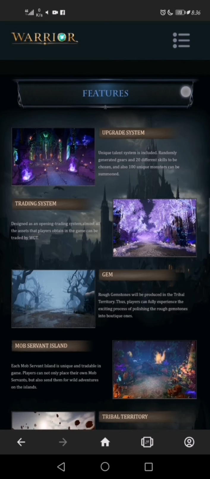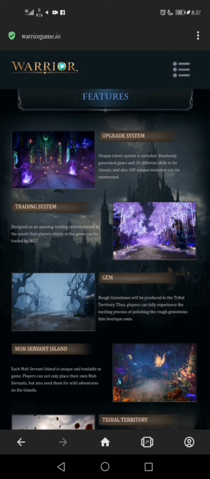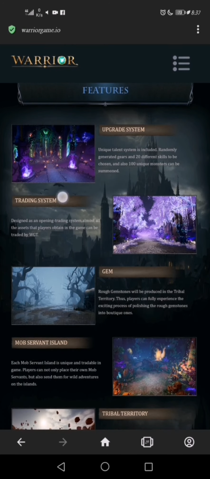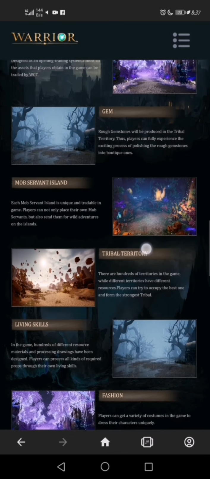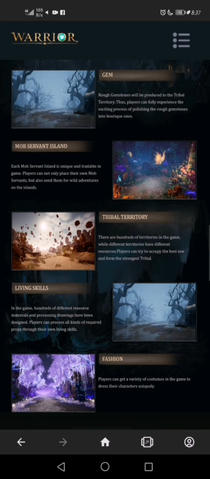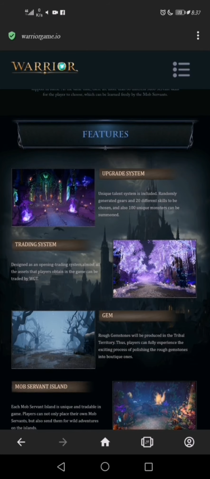Going further, we have features for the gameplay. We have the upgrade system, we have the trading system, we have the gem, we have the mob servant island, we have the tribal territory, we have the living skills, and we have fashion. So for the upgrade system, a unique talent system is included, randomly generated gears and 20 different skills to be chosen, and also 100 unique monsters to be summoned. That consists the upgrade system for each player